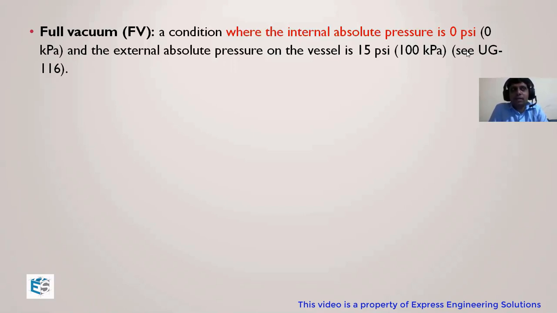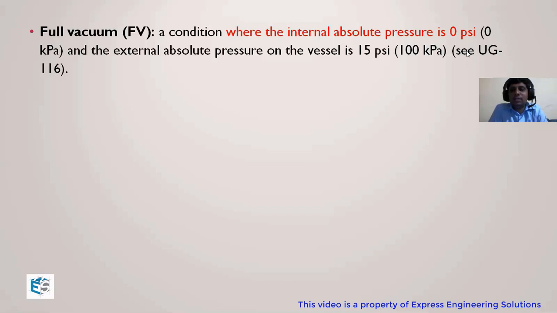Actually, there is an atmospheric pressure which is applied on everything on planet Earth, including me, including a laptop, including this pen, or this slide changer. Everything on this planet faces one pressure that is called the atmospheric pressure. That atmospheric pressure is something around 14.58 psi. So for this code definition, they have approximated, rounded up this value to 15 psi.